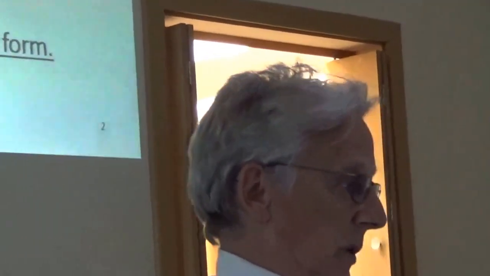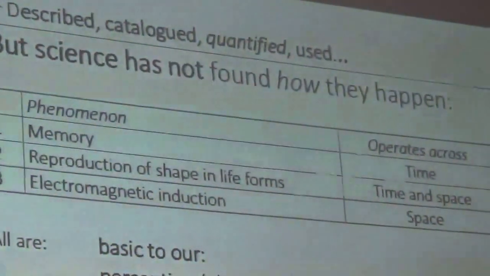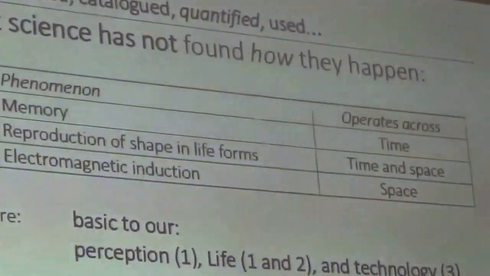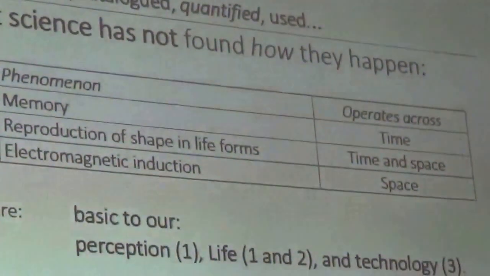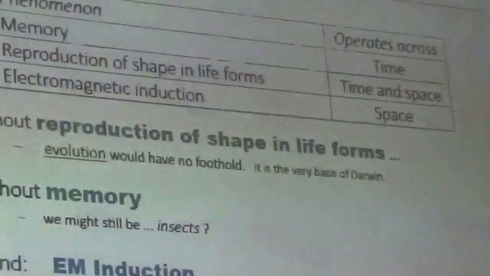So, as you can see, they're all basic. The first one's basic to our perception. The second one's basic to our life, and the third is basic to our current technology. The first one operates across time, the second operates across time and space, and the third operates across space. They're all phenomena of transmission of form